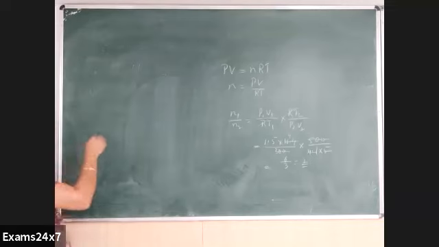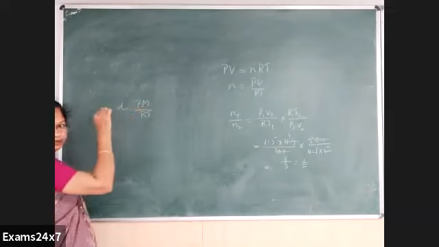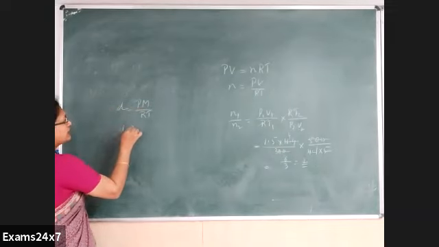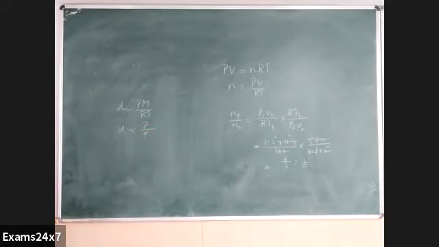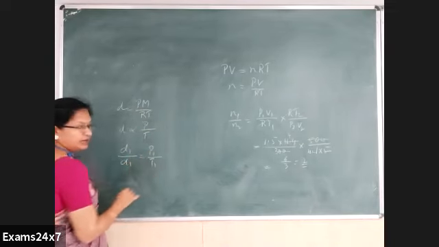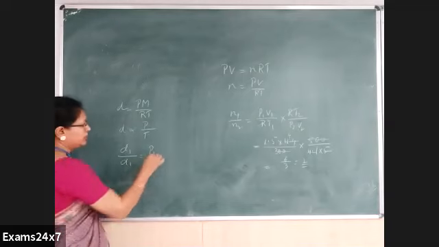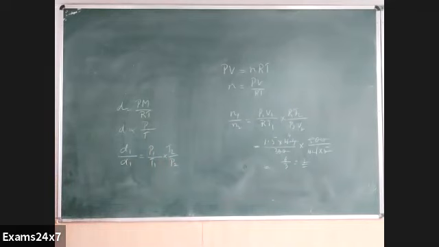Okay, here I want the relation between density, pressure and temperature. What relation do we have? Density equal to Pm by RT, right? Pm by RT. So here I can say density is proportional to P by T, because I want the relation between density, pressure and temperature. Can we say this? From here I can write D1 by D2 equal to P1 by T1 divided by P2 by T2, that will be T2 by P2. This relation we can make.